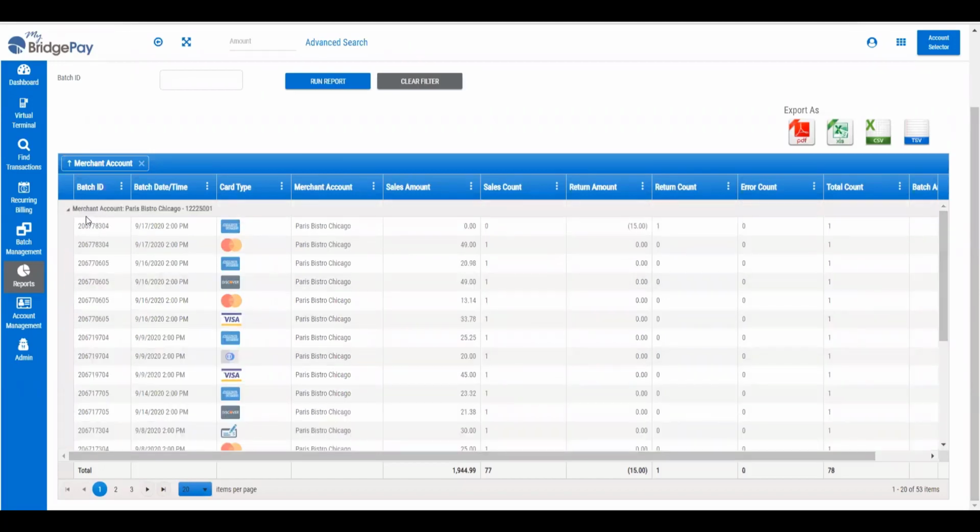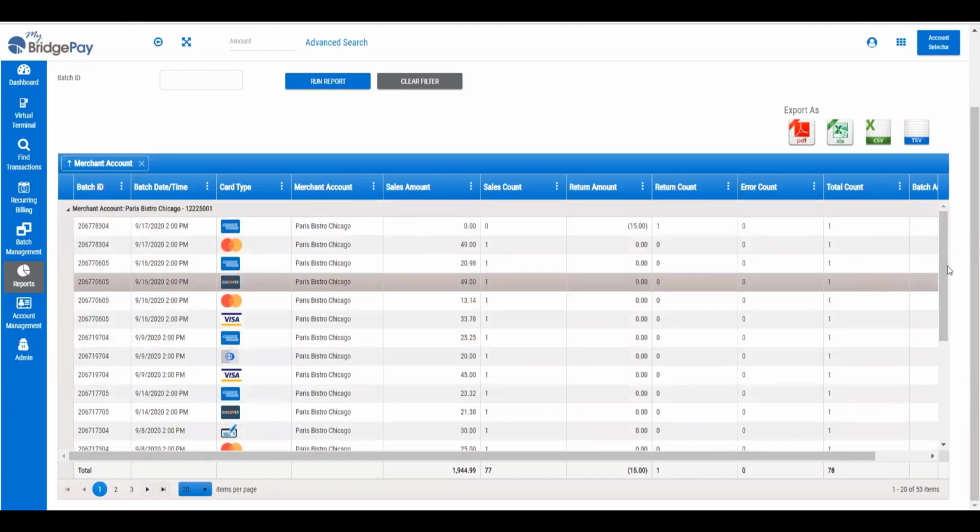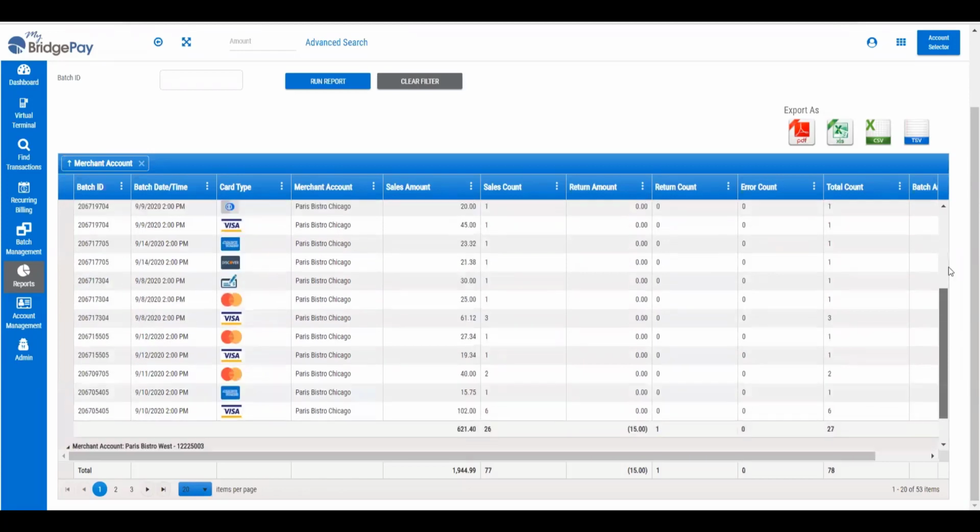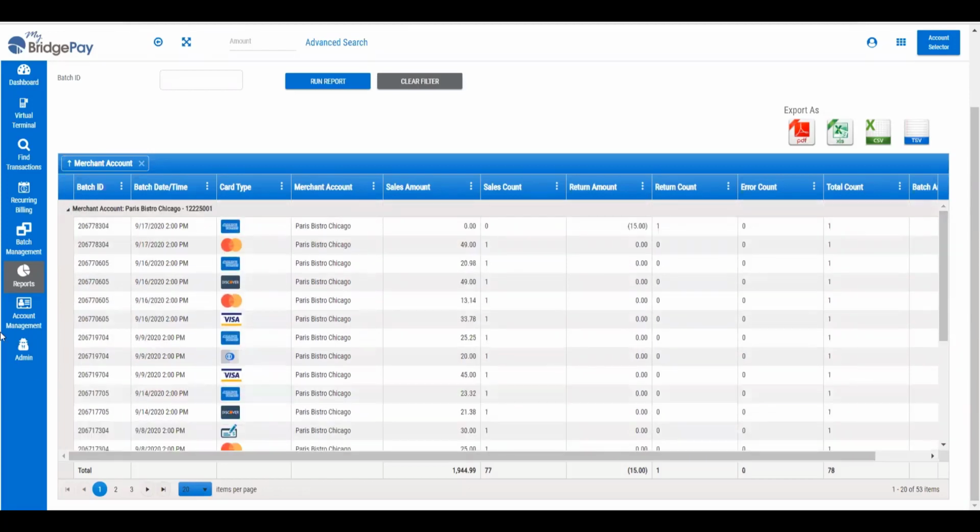When I don't select a merchant account, the groupings are by merchant group. I did select the merchant group, so the groupings are going to be by merchant account within the merchant group. If I had not selected a merchant group, it would be first by merchant group and then by merchant account